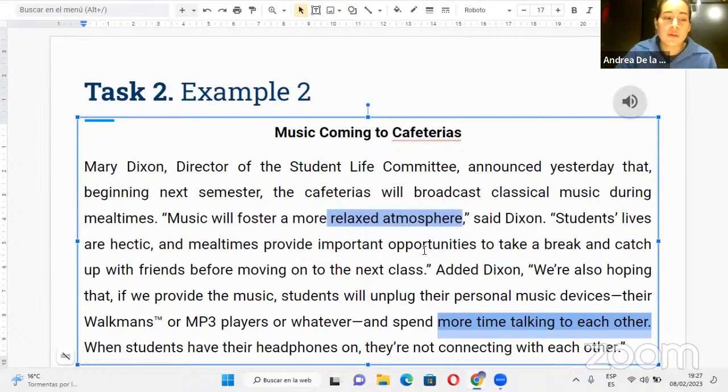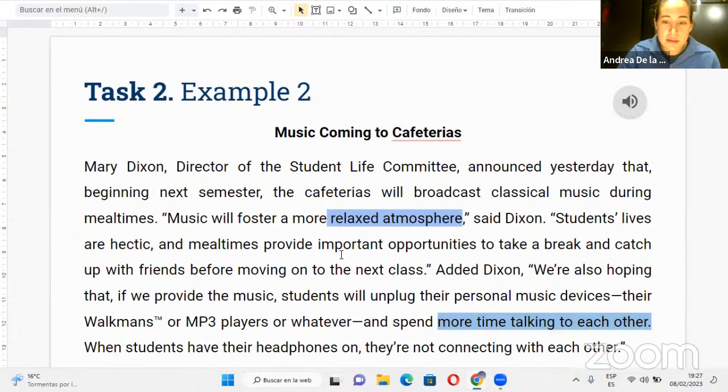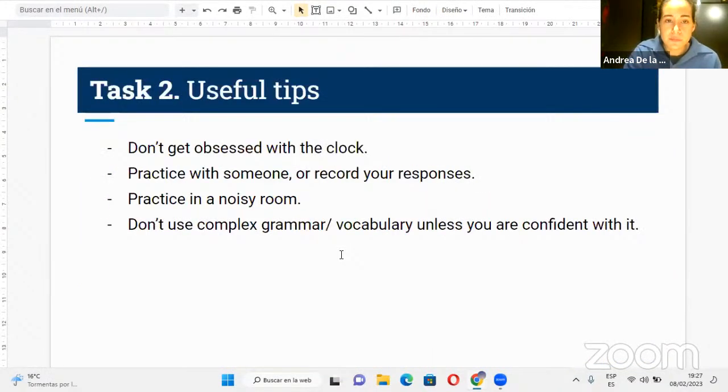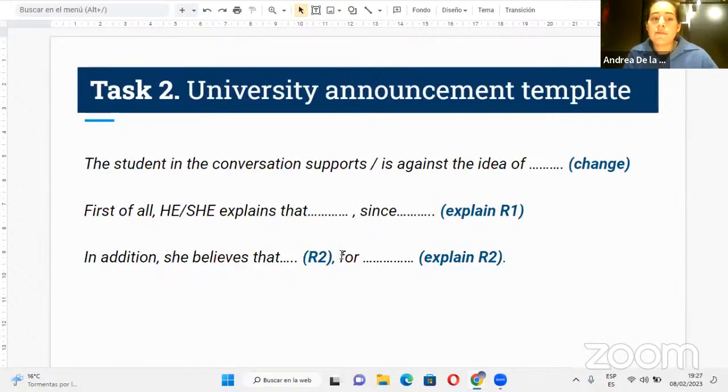So you want to show that connection. For example, you could say something like this. I'm going to go to the template. You could say something like, first of all, the student explains that students don't actually need a relaxed atmosphere, right? So I'm trying to make that connection. Instead, they would like to use this time to study and complete assignments, since they are always really busy. In addition, the student believes that